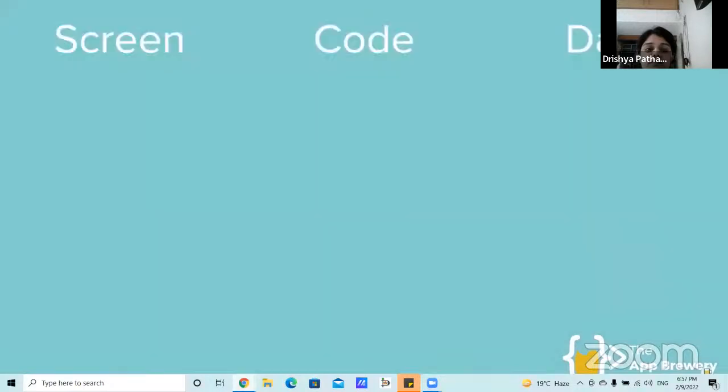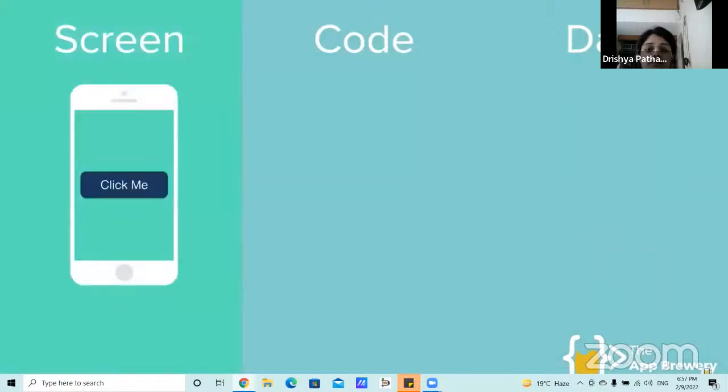So there's essentially only 3 components to every single mobile app. There are the user interface elements that you see on screen. So that can be things such as buttons or images or toggles and sliders. And when we first build our app, we're going to set up the screen. So we're going to drag on some buttons, place them in a location that we think makes sense, and then add images or other interface elements to the screen.